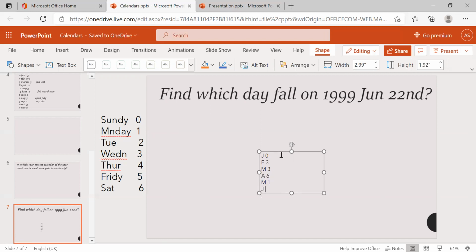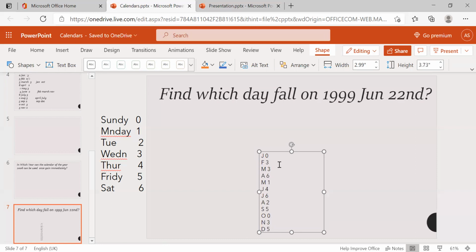June is 4. July is 6. August is 2. September is 5. October is 0. And November is 3. December is 5. What is this code?